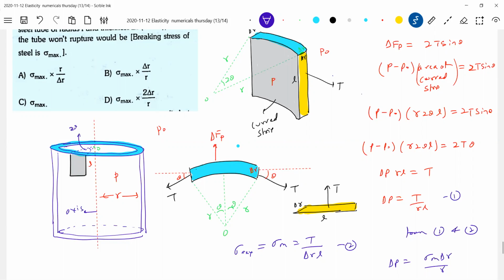A good example is a balloon. As you blow air inside it, it will start expanding, no? So what is delta R? We should write: delta R is the increment in radius of the tube. I should show T here also a little bit, it'll be much easier for you. Both the T's will be on a curved strip.